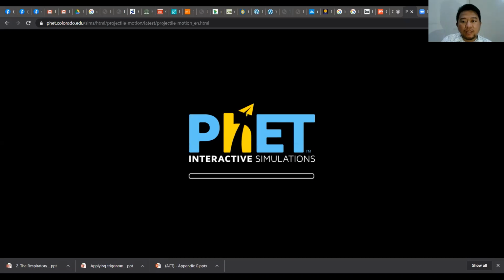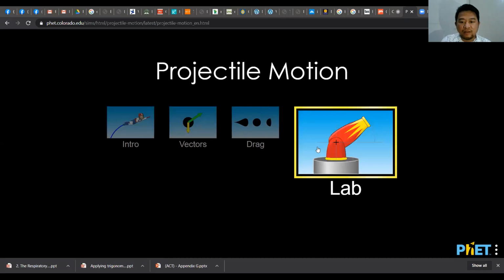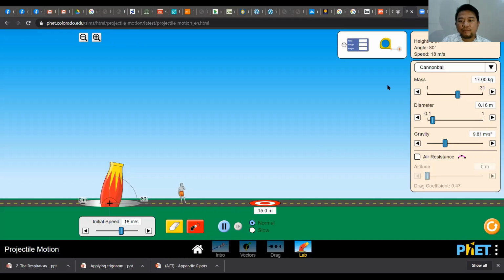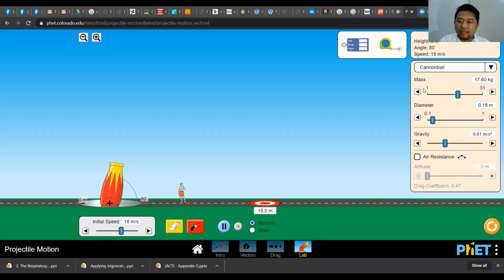The simulation in a while will show you the different conditions that you can consider. Say here is a laboratory activity. Some of the factors that you can consider in this particular simulation are as follows. You can change the object or the projectile that you can throw, say a pumpkin, or initially that's a cannonball. And then the mass can be varied. You can move this tab here